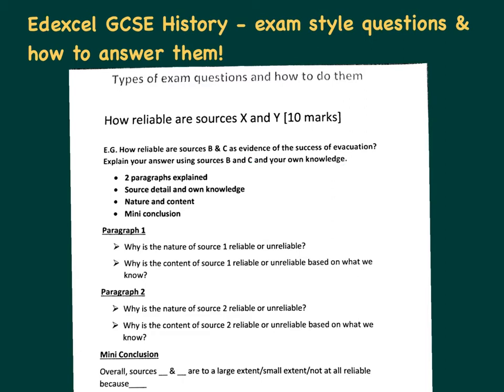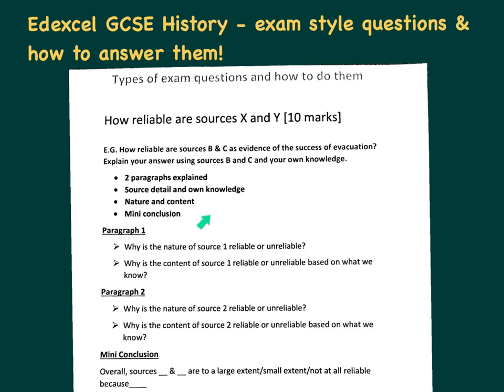What they're looking for are 2 paragraphs using detail from the sources and your own knowledge. You need to consider the nature of the source, so who created it, when and why, and also the content, how accurate is it, and you need a mini conclusion. So 1 paragraph looking at the nature and reliability of the source, 1 looking perhaps more at the content and how accurate it is, and then you can then go on to a mini conclusion,